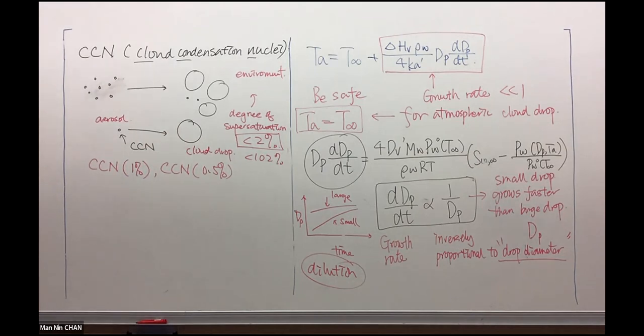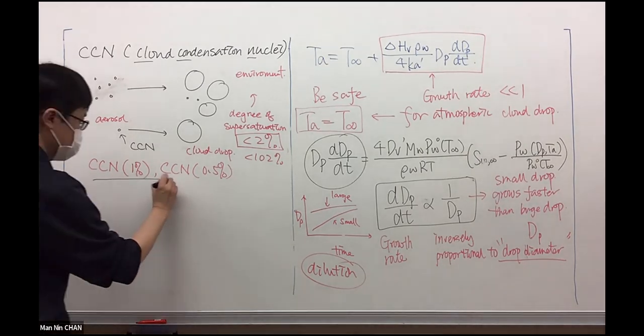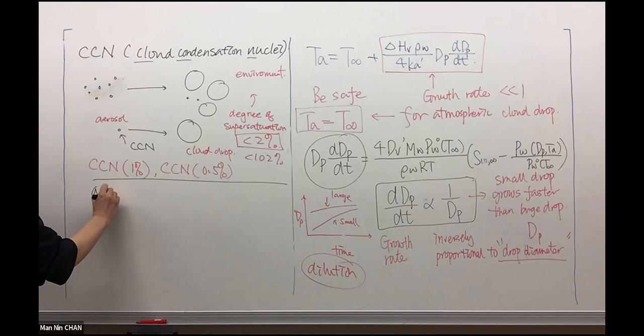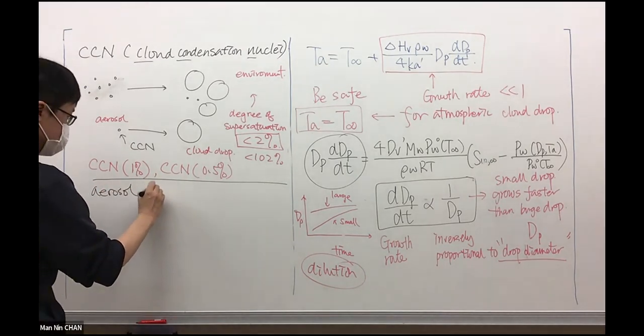So this is one important parameter. So we want to look at, or to determine, the CCN. We call this the critical diameter, Ds. In case, just to show you some examples, if you say